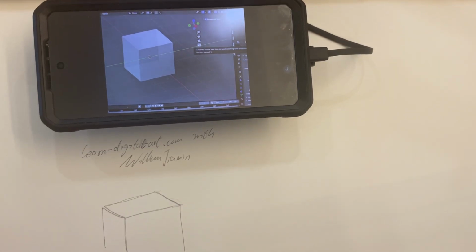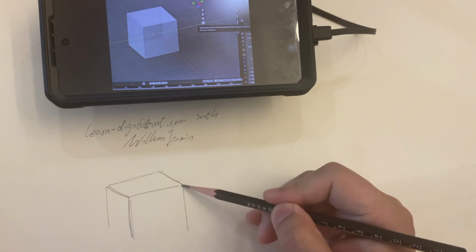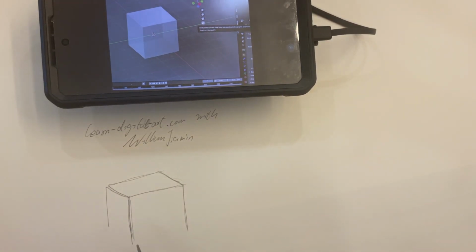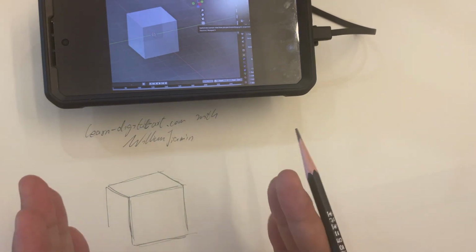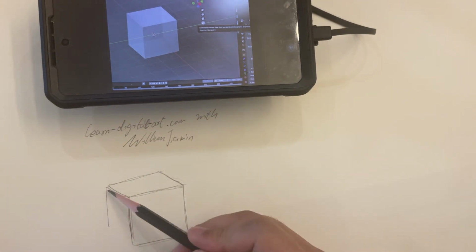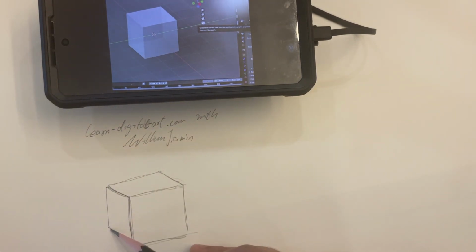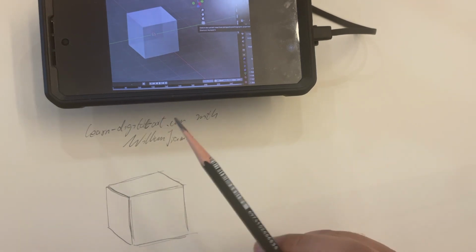I think maybe I need to move this canvas up a little bit. You might think this line and this line are parallel with each other and the same length, and then you're just connecting dots. Once you connect the dots, this line is the same width and also parallel. Then it's pretty easy. You just draw a line like this, and you get something like this shape. But in Blender,